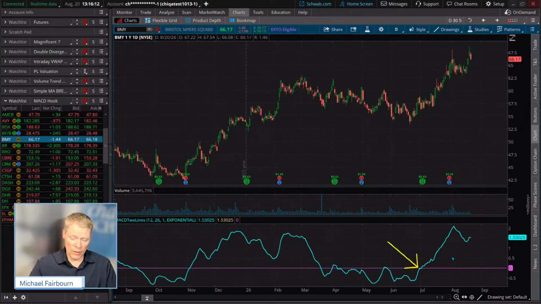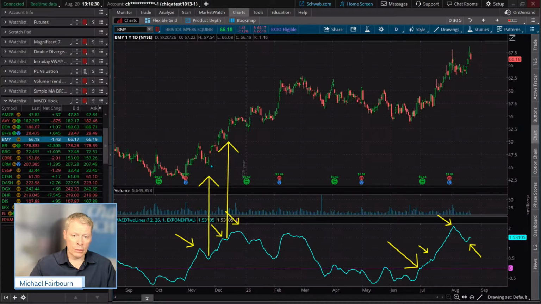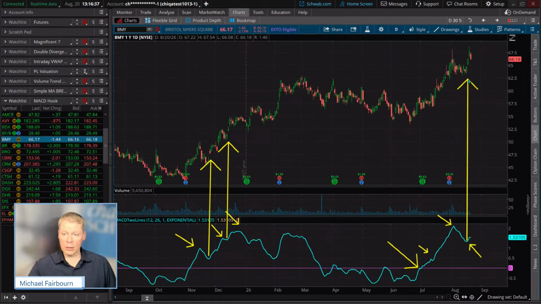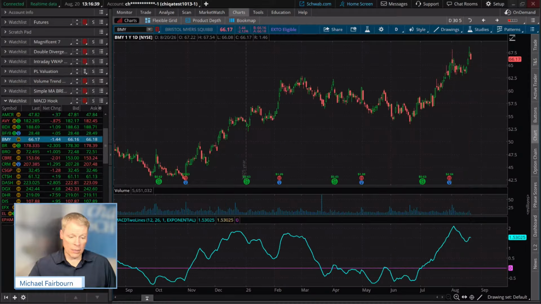So you've got your above the zero line, the hook, and it's also trying to look for strength of the prior highs. Are you getting a trend? In other words, like over here, you're getting a higher move on the MACD too. This would have been a fantastic hook right there. This too, a very good hook to pick up on these mini bull flag patterns. And that one there, it hasn't broken out. In fact, today it's down, but it's one to maybe watch because it could reverse and go higher.